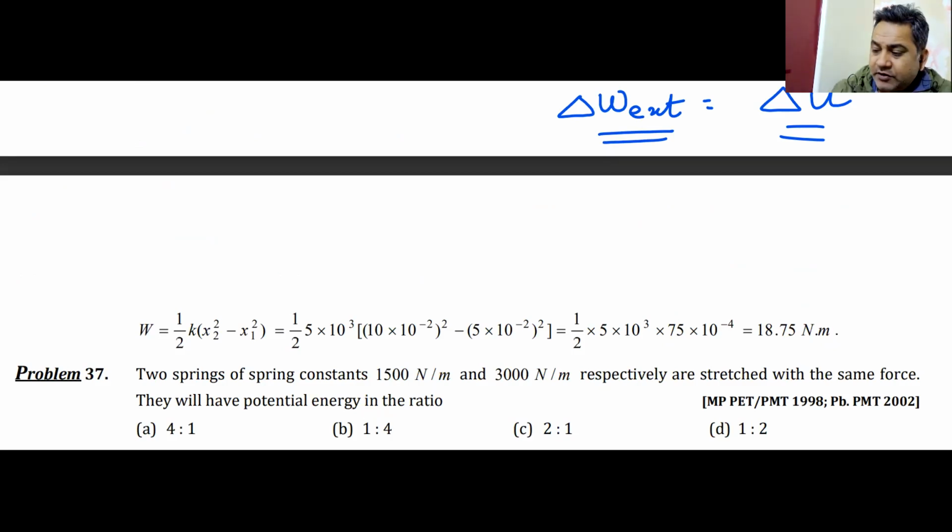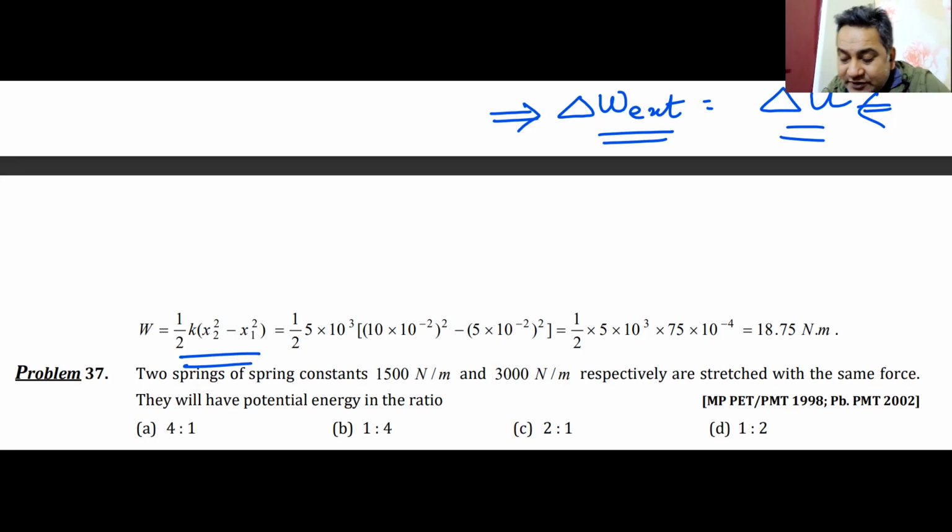Well, I think you have already done this problem. It is a simple calculation. Work done by the external force is the change in the potential energy. This always reminds me of internal energy, that's why I keep on saying internal energy. So it will be half k into x2 square minus x1 square. Put the value of k. Remember to convert everything into meters. That is why 10 raised to the power minus 2.